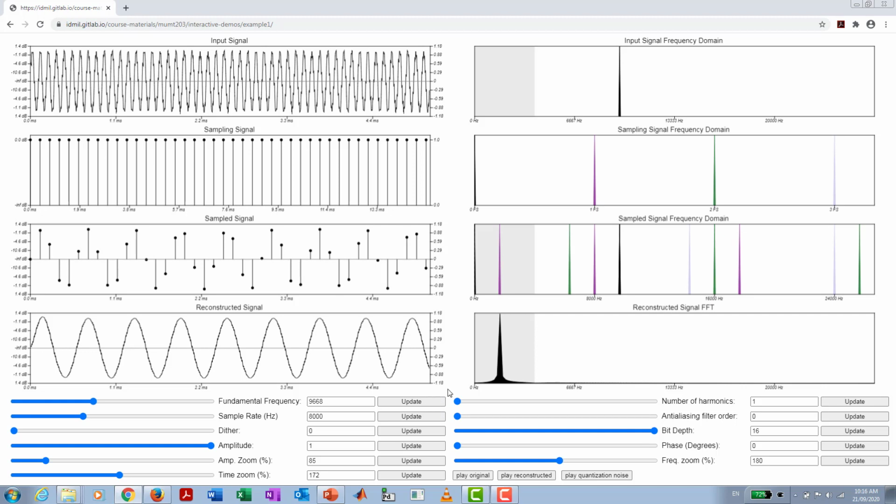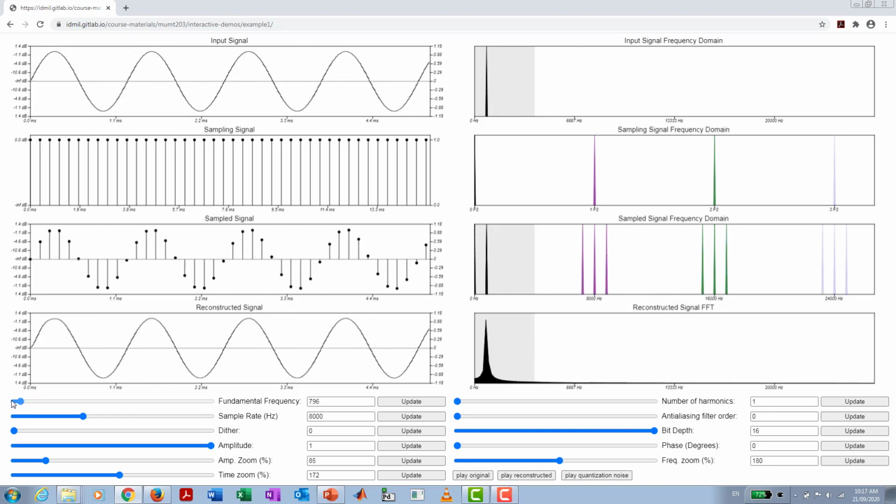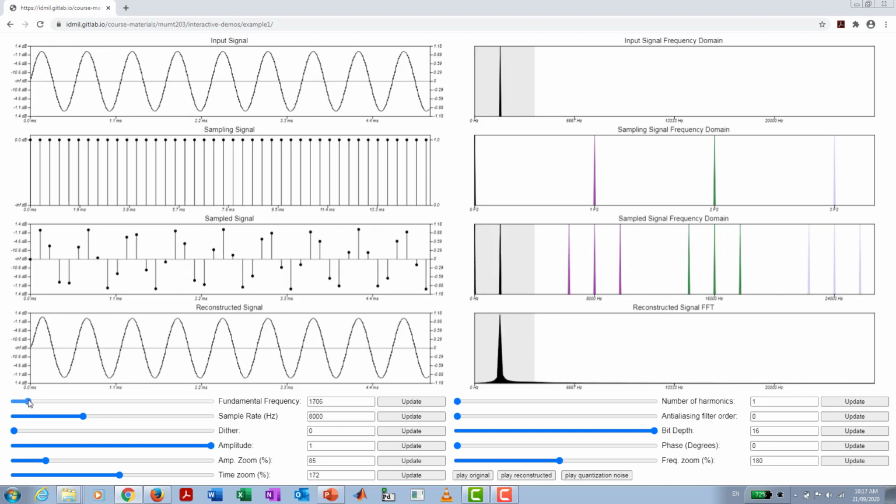So I think it's a very good example of how sampling works, and this is an application that's available. It's still beta, I mean, it's just under development. But basically, you can play with values, and of course, then make things more interesting. You can have signals that have more than only one harmonic, right? For instance, you can have here